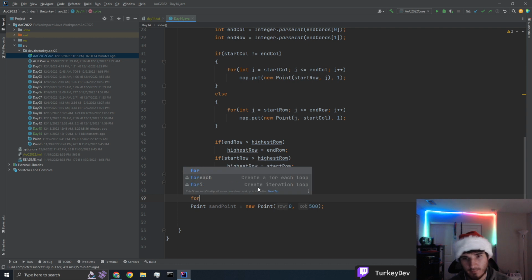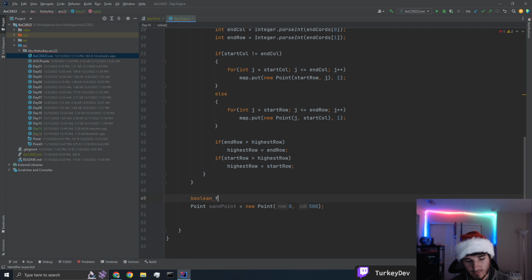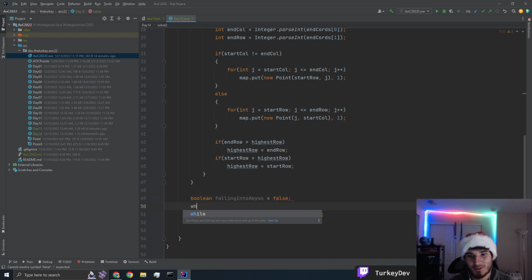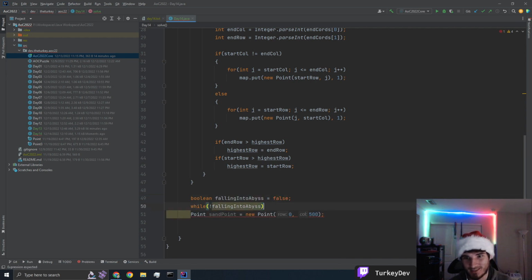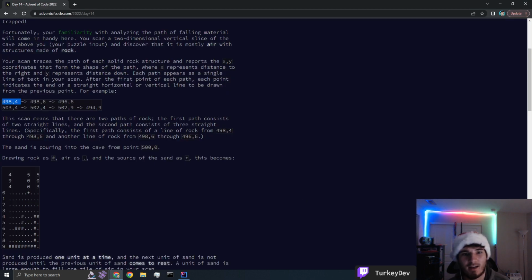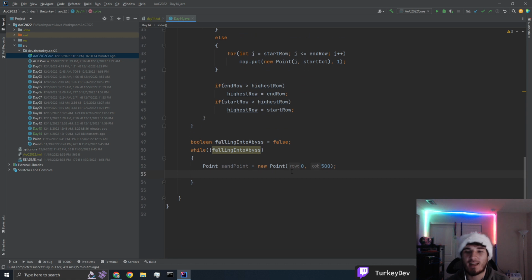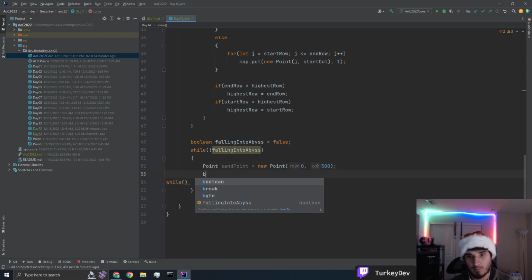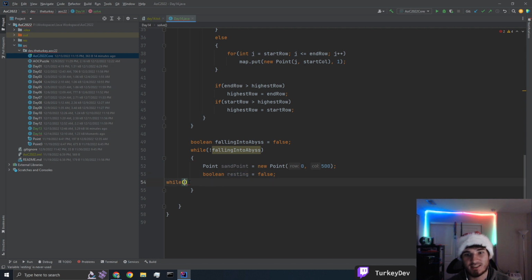And what we're going to start doing is Boolean falling into abyss, sure. While not falling into abyss, we will spawn sand. Okay, so now we have sand spawning. Starting here, and so what we're going to do is Boolean resting is false. So while the sand is not resting,